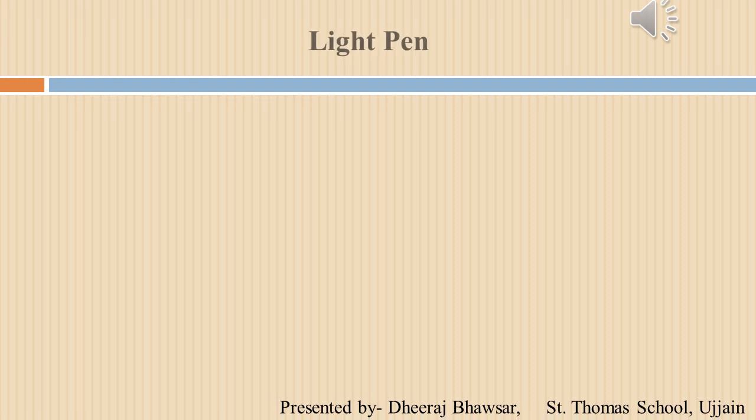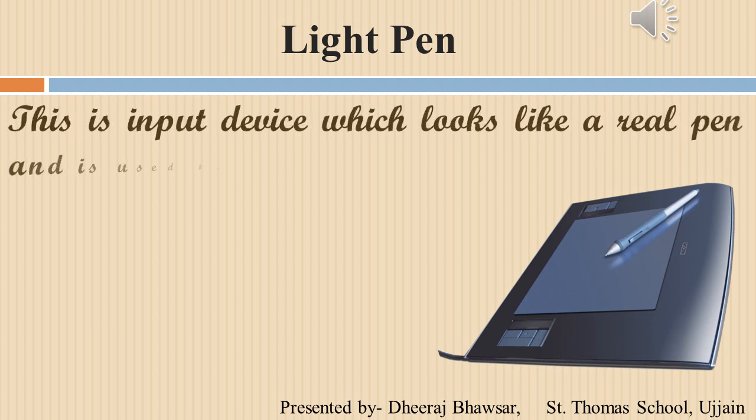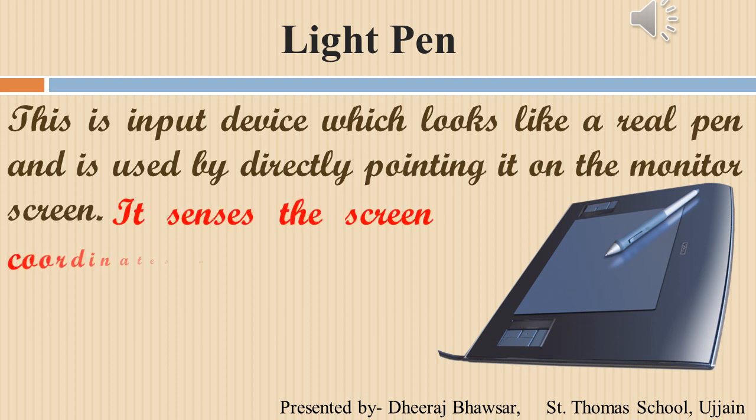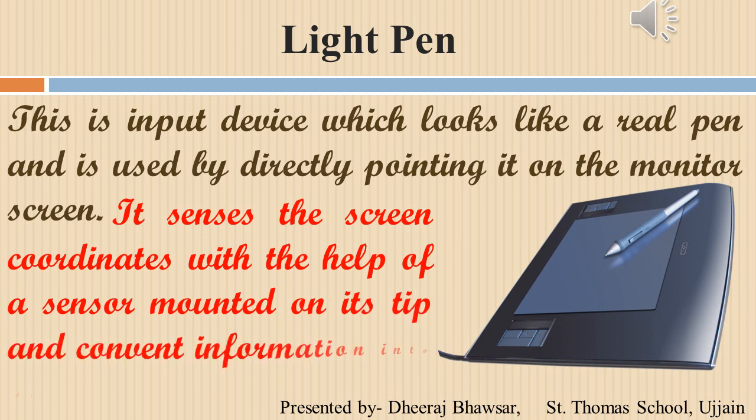The next external input device is light pen. The light pen is a pointing device which is used to select a displayed menu item or draw pictures on the monitor screen. This is an input device which looks like a real pen and is used by directly pointing on the monitor screen. It senses the screen coordinates with the help of a sensor mounted on its tip